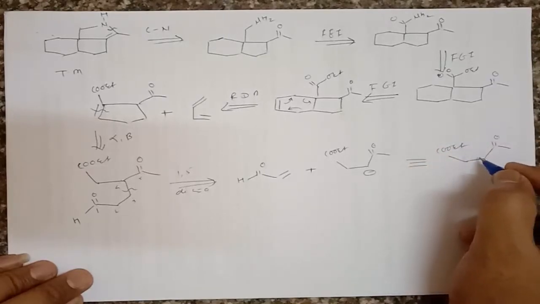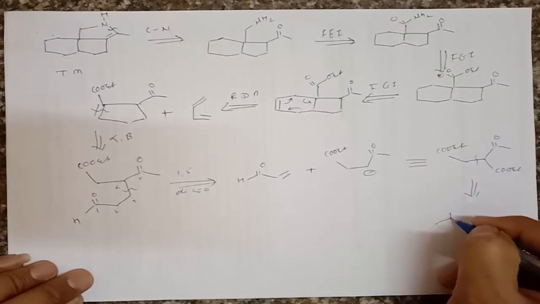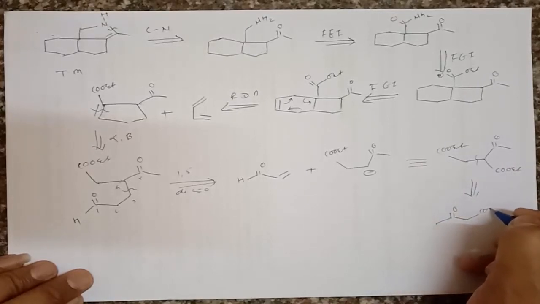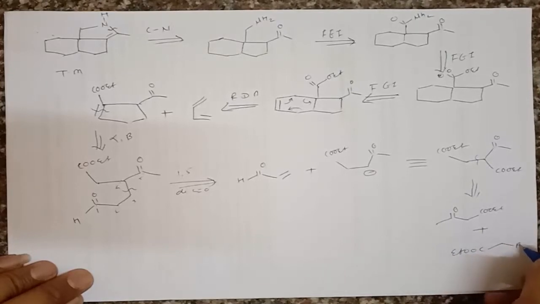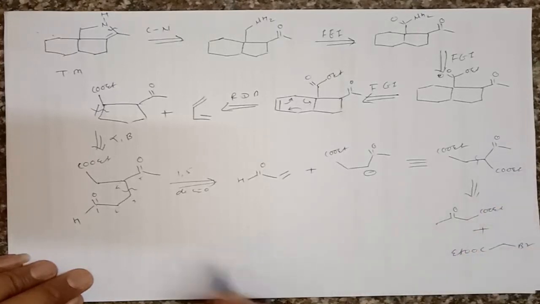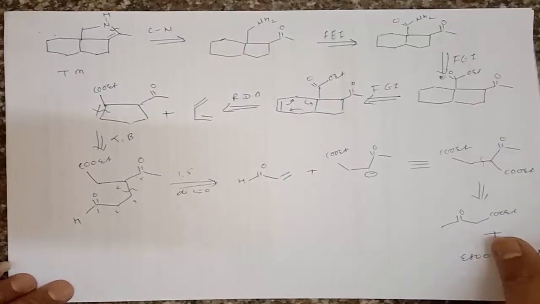Now if we break this bond at this position, then from one side it gives formation of ethyl acetoacetate, plus along with it gives formation of CH2 CH3, and if we introduce an electron withdrawing group, that is bromine here, then it gives formation of this molecule, right? So this is the best synthetic route, retrosynthetic route for the synthesis of this molecule. Let us see the synthesis here.